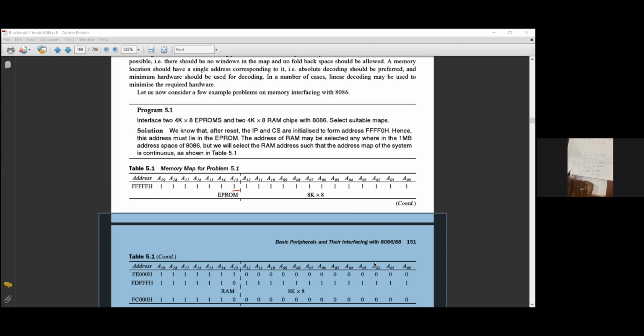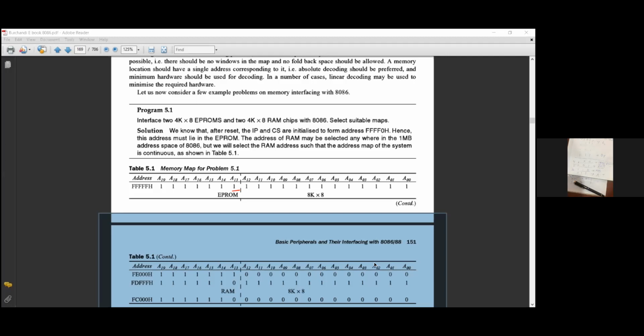So remember 4 is common. For 4 and 5, if anyone is 0, then the even bank will be selected. Either the output is Y0 or Y4 or Y5. If anyone is 0, then the corresponding even bank will be selected. 4 means both the banks, 5 means even bank. Any one of them is 0, then even bank is selected. And for 4 and 6, if any one is 0, then odd bank is selected. Is it clear or not?